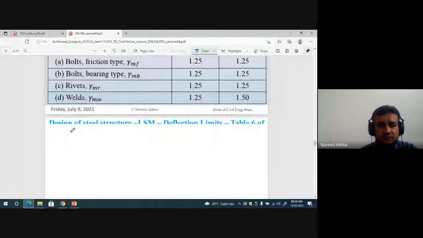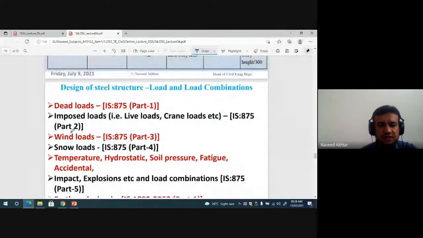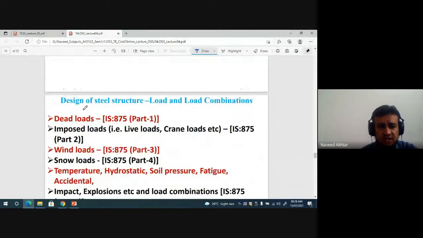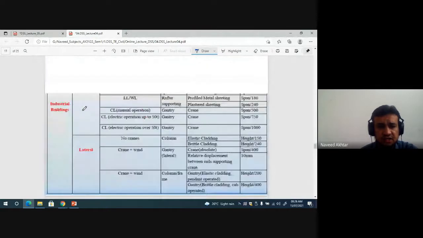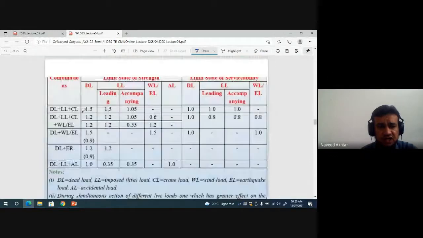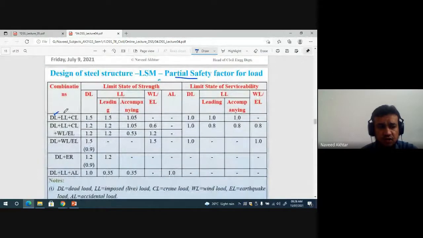Then this is all we have seen in the last class. Also the various loads we have seen and their combinations in this table. Previously we have seen these load combinations. Dead load and live load are there. The factor for dead load is 1.5. There is a factor gamma f value for dead load, and then live load 1.5, based on the loading conditions.